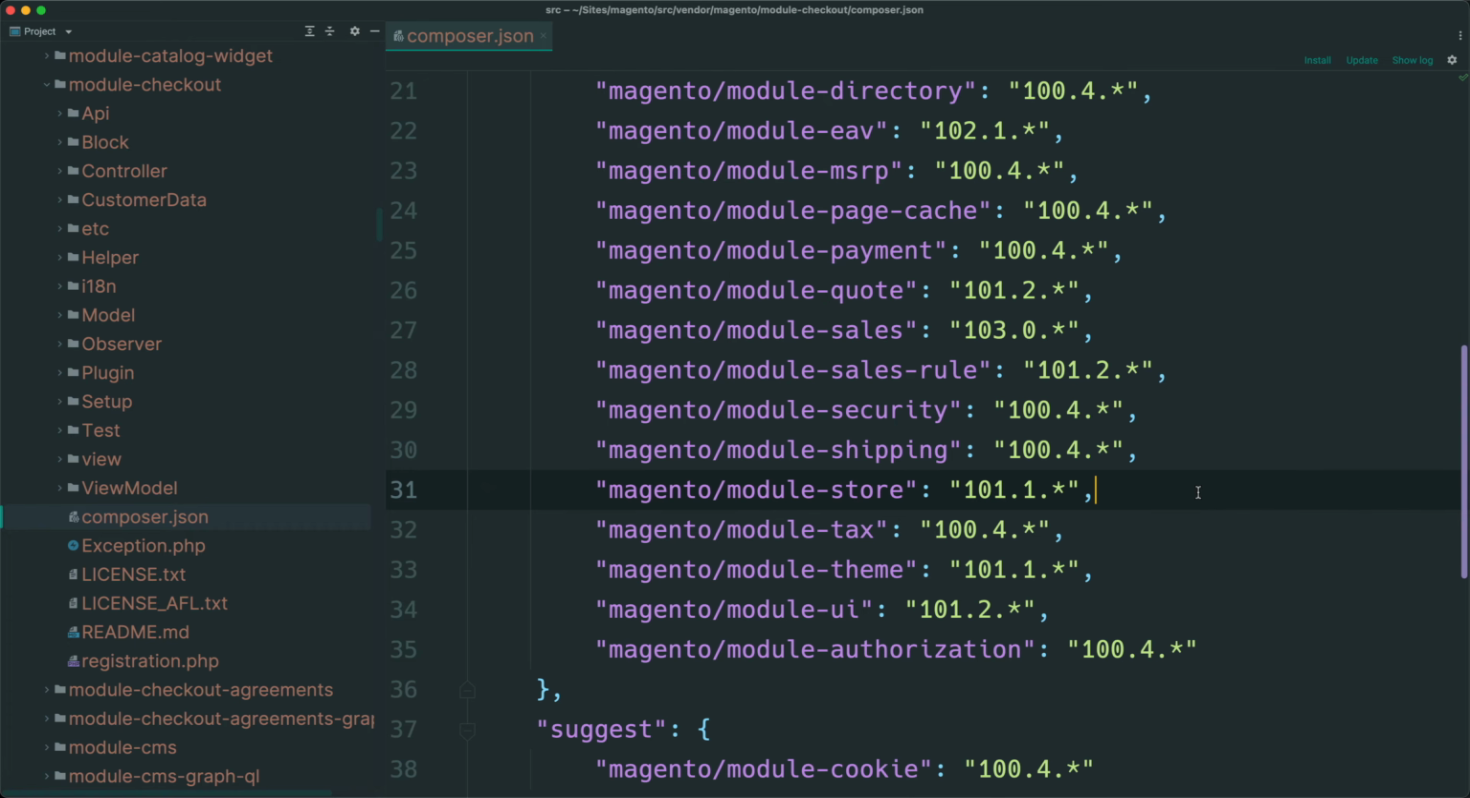The format it should follow is the composer-specific name of the module. This is the name of the package as it is published either on Packagist or on the Magento marketplace. This name is followed by all of the possible version constraints that your code may require. In this example for the Magento checkout module,